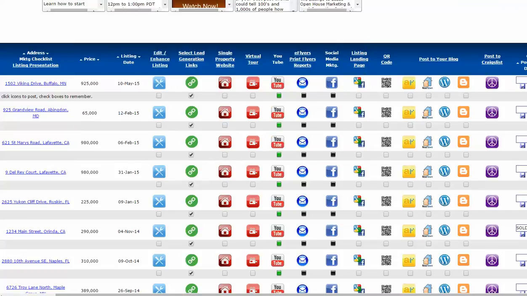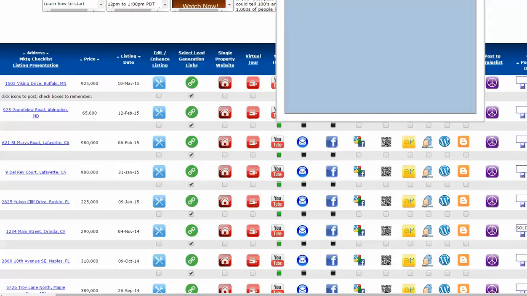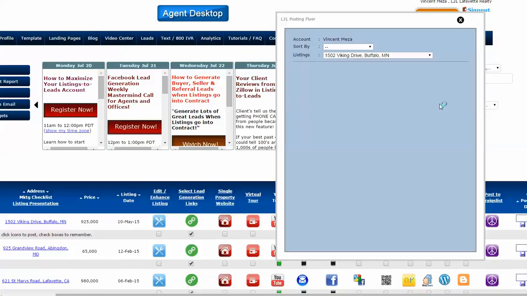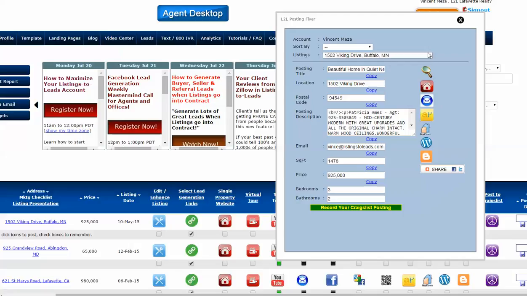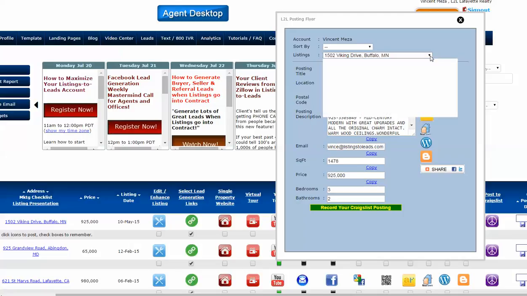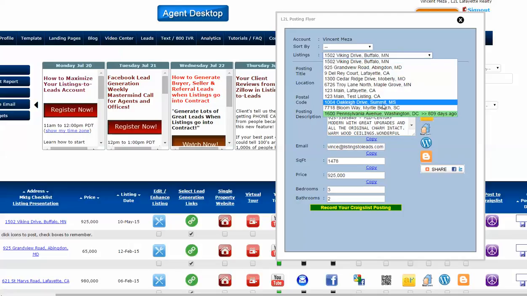And let's give it a second. And it looks like this. And there's a little drop down with all of my listings. So if I got 1 listing or 2 listings or 10 listings, all of my listings are in this little